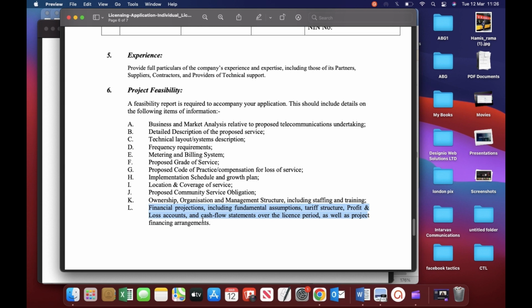Guys, for now I think that's it. Like I mentioned earlier, we have gone through the points, and we are giving you the guides on how you're going to do it. By God's grace, we are going to develop another tutorial on how to make an NCC license application. Like I said, NCC is gravitating toward digitizing the process. I think most of the applications now go through their online portal. So we're going to guide you on how to navigate the portal, what documents you need aside from the feasibility report, what the important documents are, and how to do it and get that approval without any back and forth.